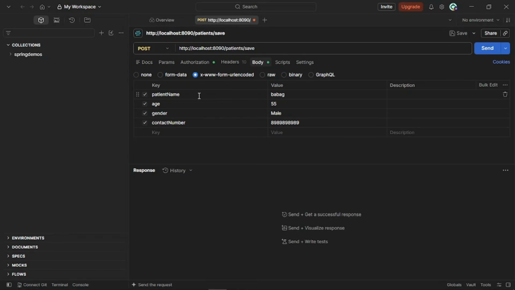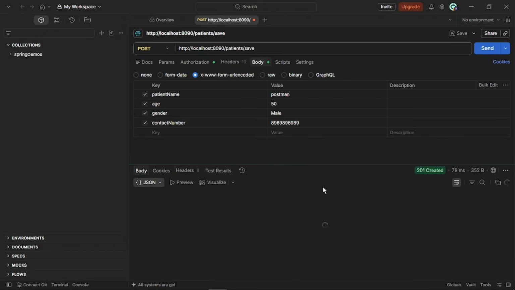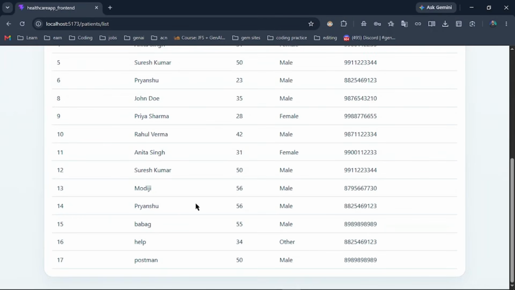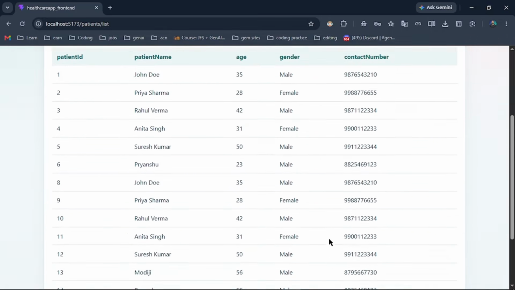ठीक है, तो अब मैं डेटा को देखिए मैं चेंज करता हूँ, थोड़ा सा पेशेंट नेम में चेंज कर देता हूँ, मान लीजिए पोस्टमैन कर देता हूँ, एज 50 कर देता हूँ, बाकी चीजें सेम रहने देता हूँ, और मैं डेटा भेजता हूँ। तो डेटा देखिए यहाँ पर ऐड हो गया, पेशेंट ID 17 और ऐड हो गया। और अब हम इस पेशेंट को अगर व्यू करें अपने प्रोजेक्ट में, तो देखिए यहाँ पर 17 पोस्टमैन मतलब ये पेशेंट ऐड हो गया।